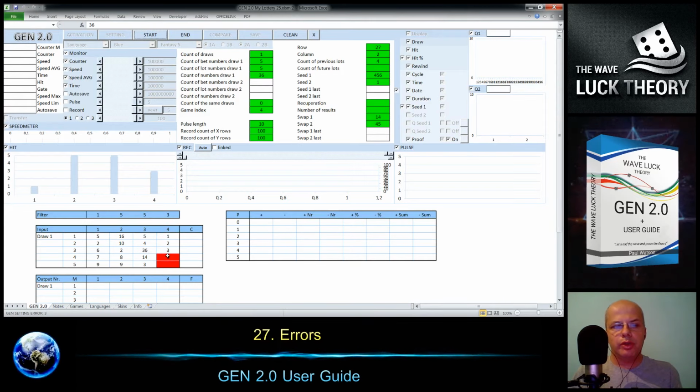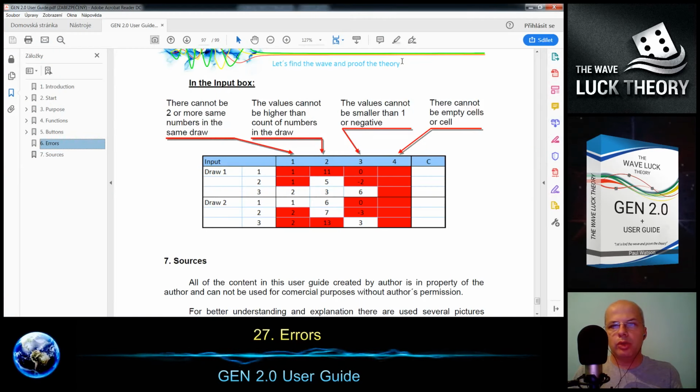So you see we still have 2 errors, and before I start, let me jump through all errors. So this is: 0 is not allowed, empty is not allowed, higher than allowed is not allowed, and same numbers are not allowed.